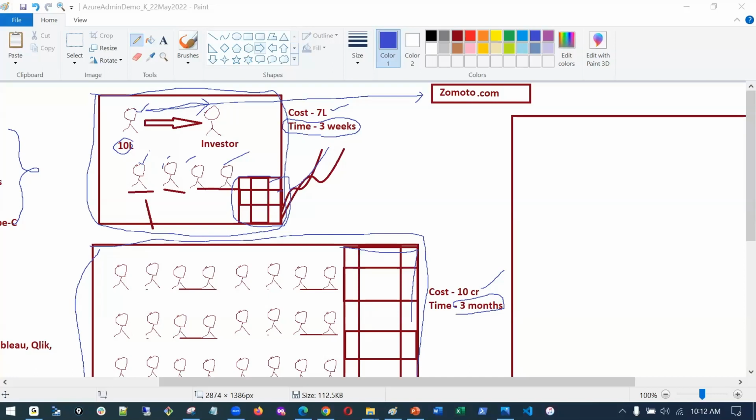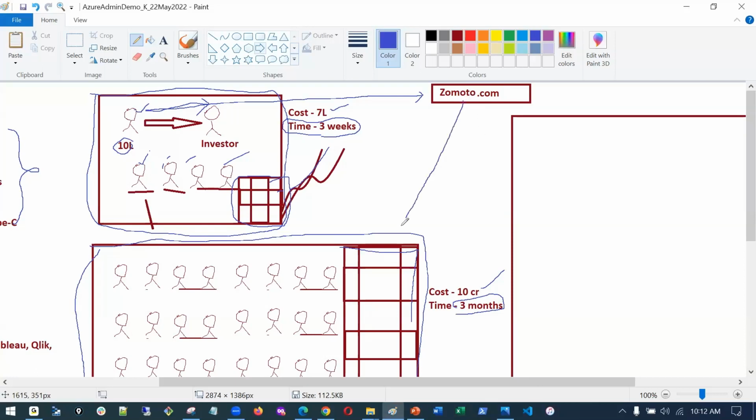So customers start ordering food, right? A few customers have already ordered, restaurants have accepted, and delivery boys are traveling to the restaurant to pick up the order. A few delivery boys have already picked up the order and are on the way to deliver the food to the customer's doorstep. Okay. Now at 12:30,